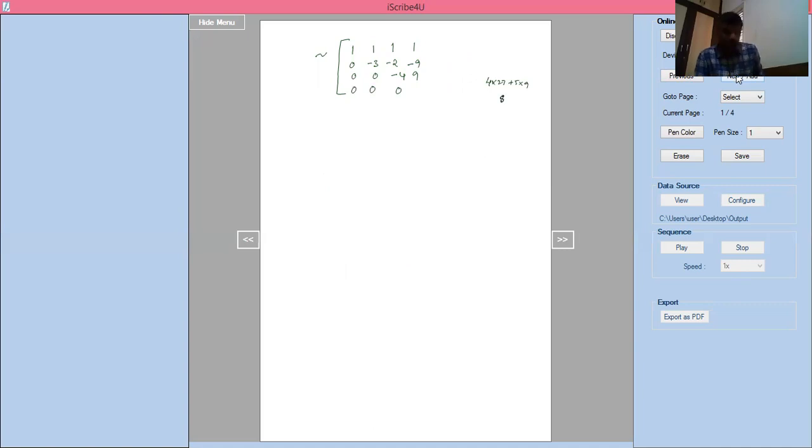27 4s are, 4 8s are, what is that? 4 7s are 28. Then 4 2s are 8. This is 108 plus 45. 108 plus 45 should be, 45 is nothing but 8 plus 5 should be 13. This one should be 5. 153 you will get. So this is the required solution for the given equation.